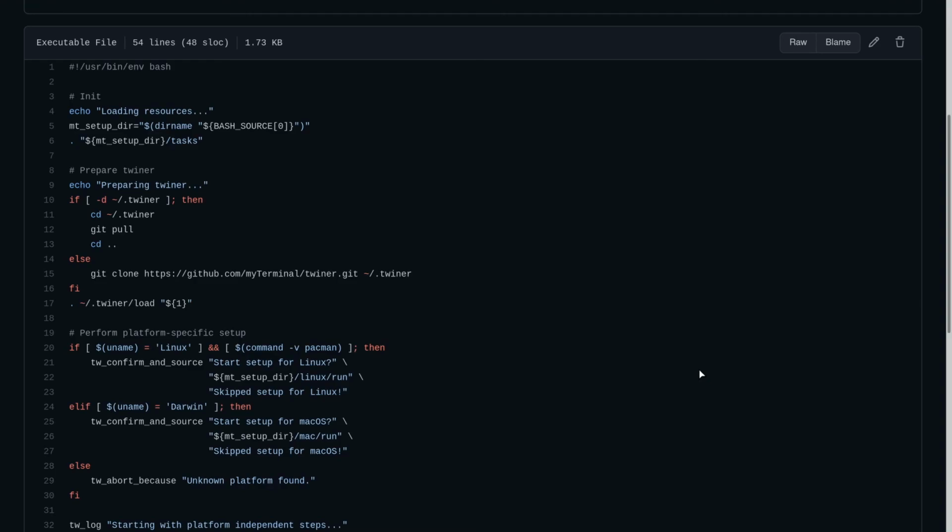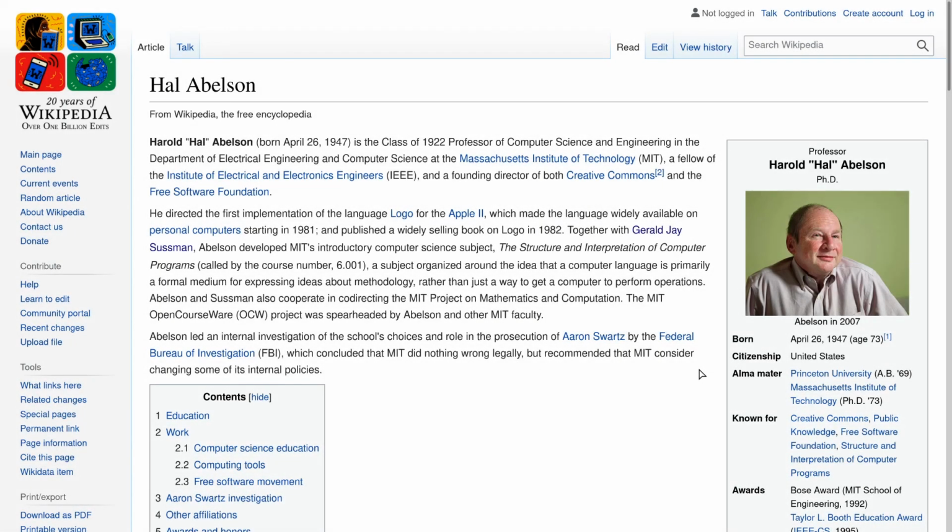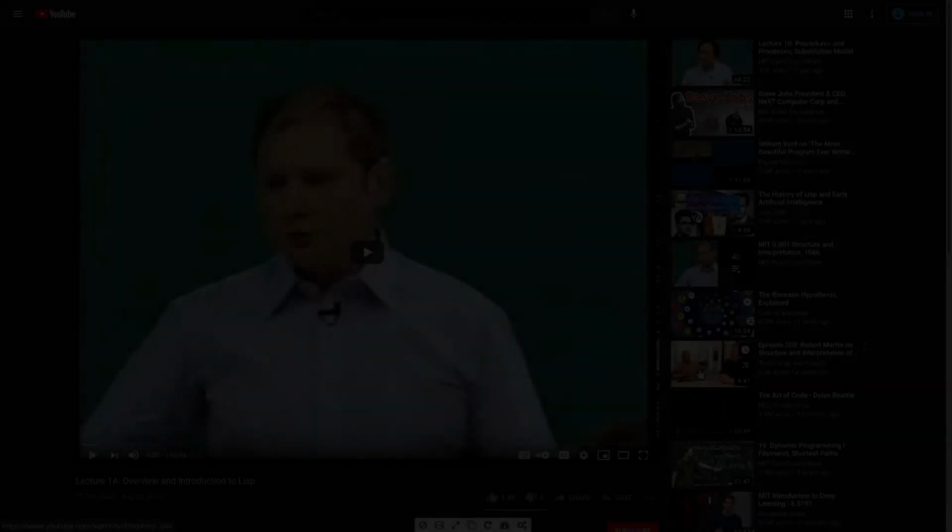There's still so much to improve, and as Professor Harold Abelson once rightly said, the constraints imposed in building large software systems are the limitations of our own minds. Though my scripts aren't nearly as big as what he referred to back in 1986, I think you get the point.